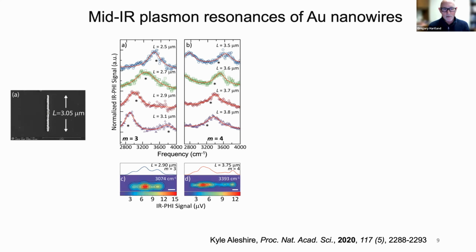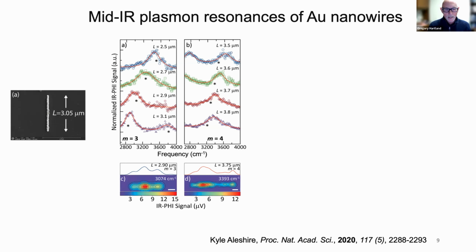The advantage of electron beam lithography is you have very precise control over the dimensions, so that's nice for the experiments. When we record spectra, we see some peaks, and we can assign them to what are called Fabry-Perot modes in these wires. They're basically standing waves of the electron density. The labels here, we work out both from the frequency of the peaks and also from looking at the images. If you look at the image of the modes that we've labeled m equals 3, you can sort of make out a 3-lobe structure, which is consistent with that order of the